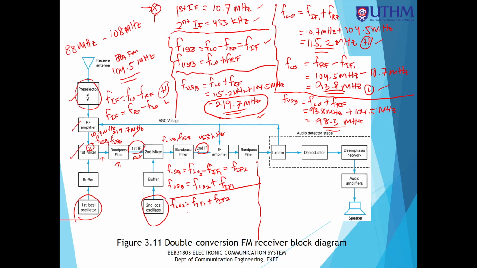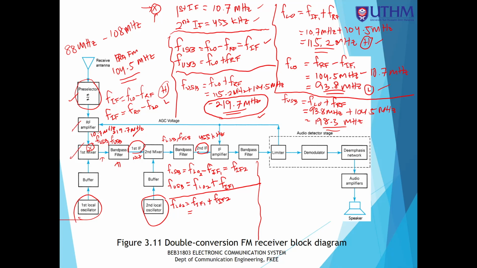So the high side injection is a frequency higher than the first IF. If this is a high side injection, that means the local oscillator frequency FLO2 must be higher than